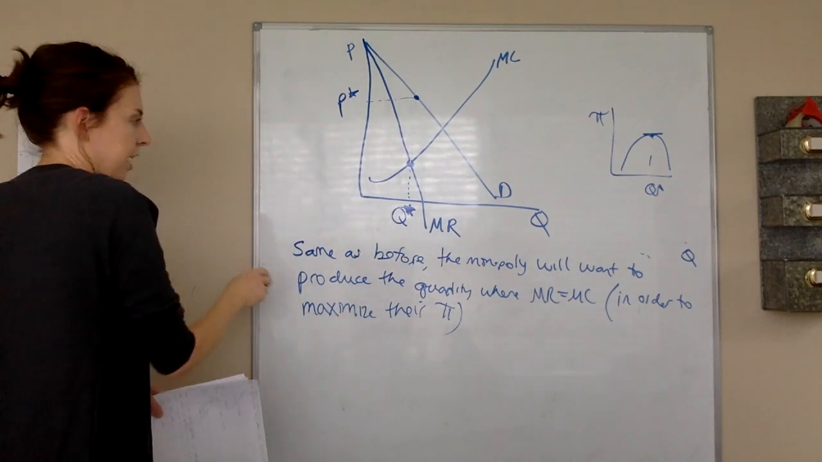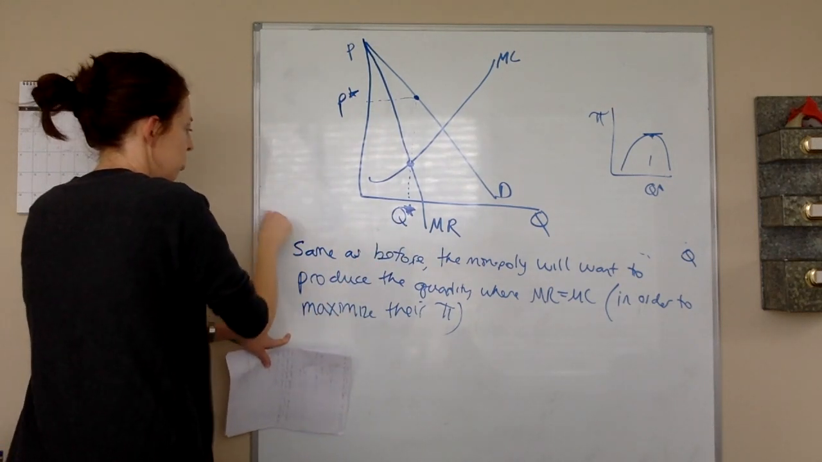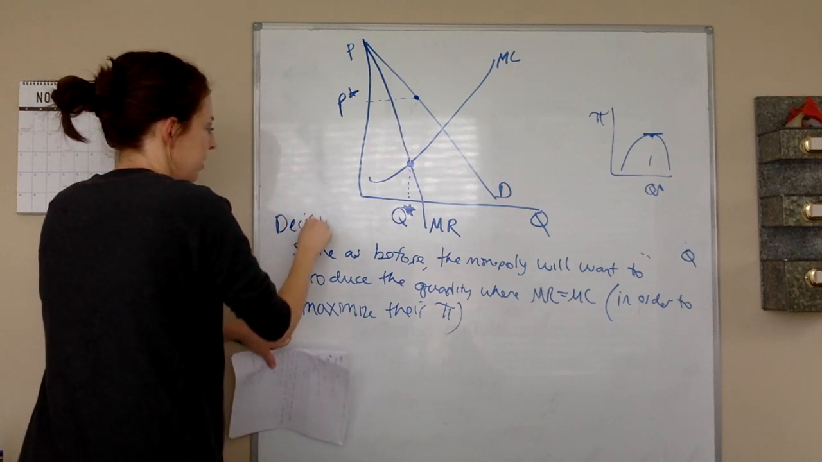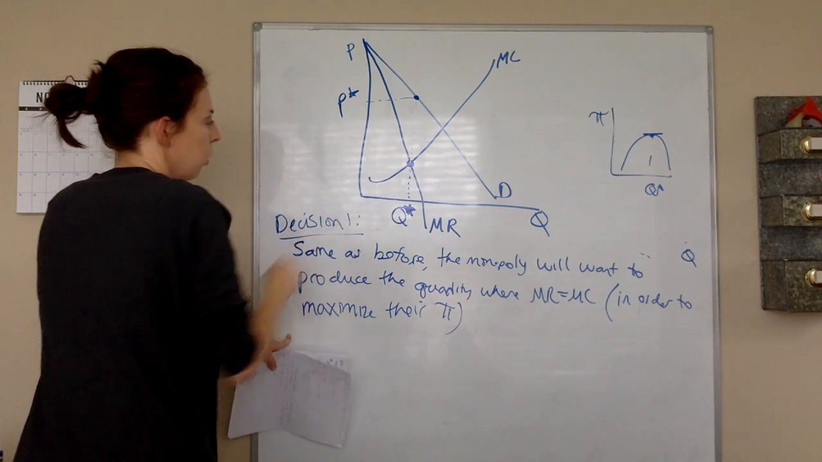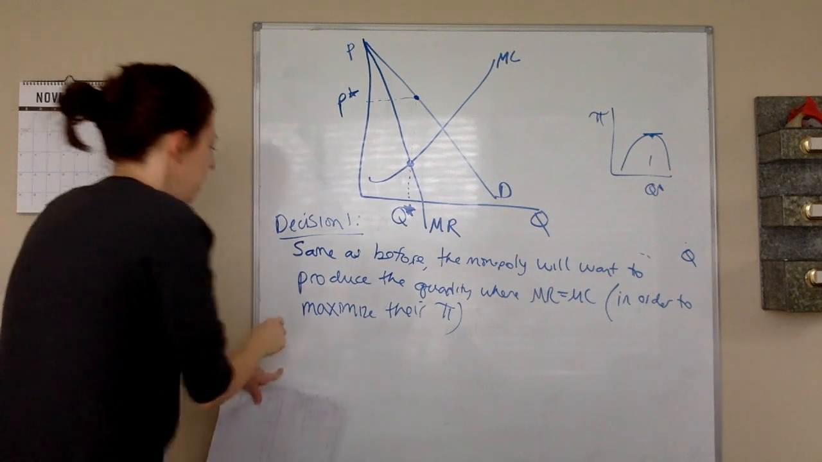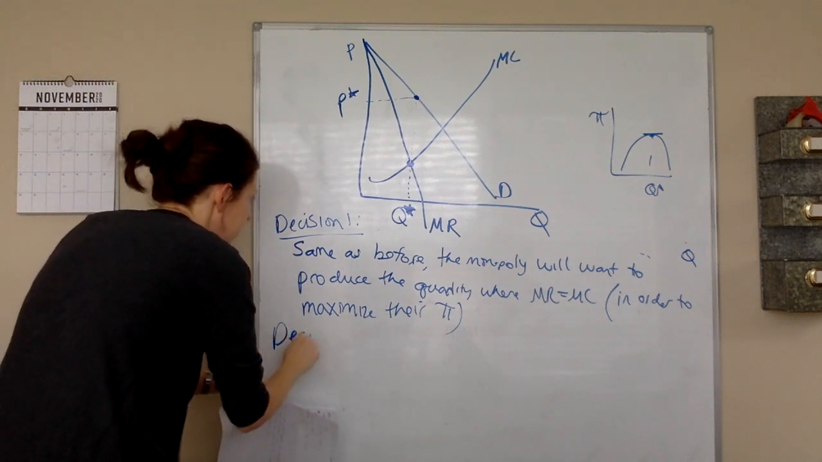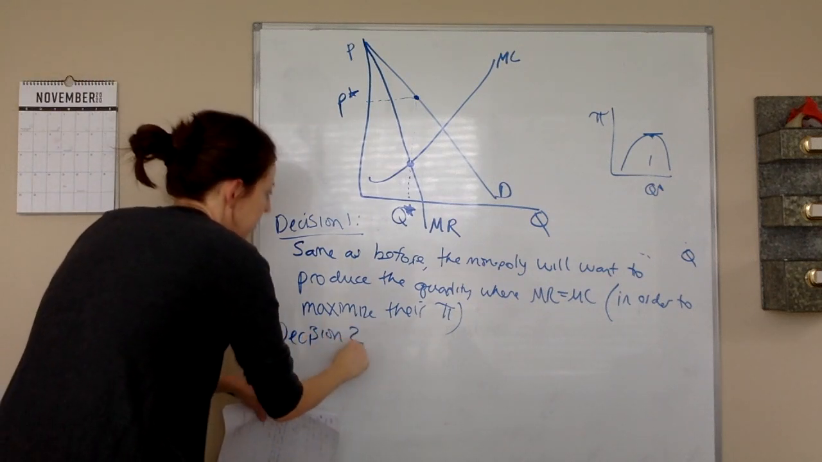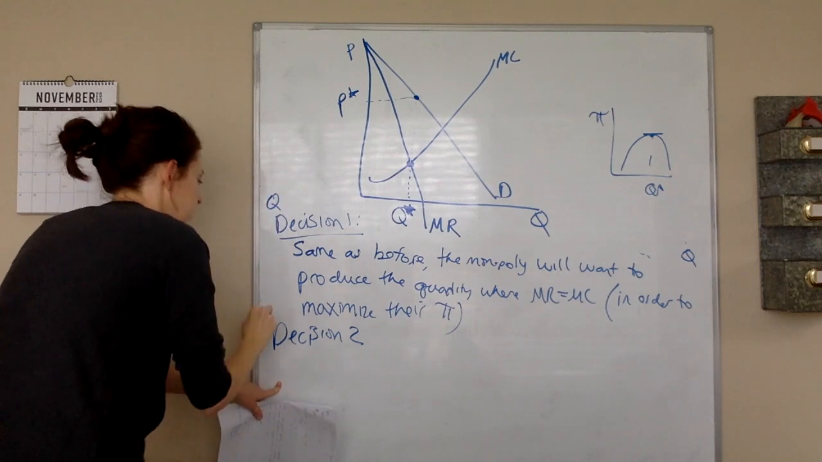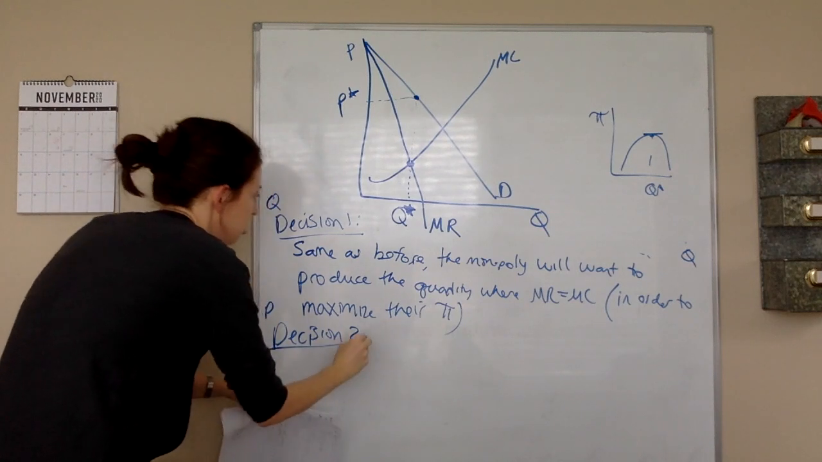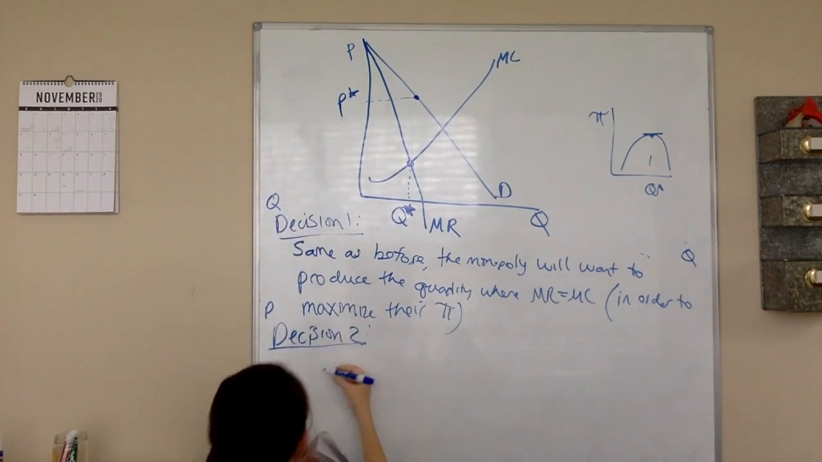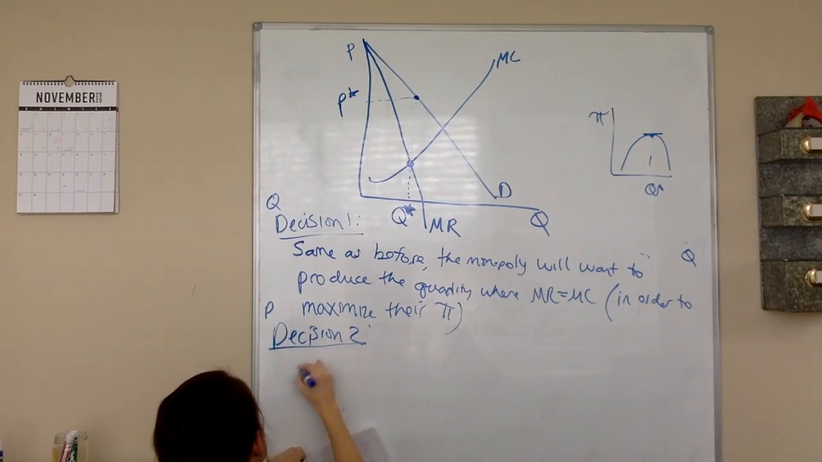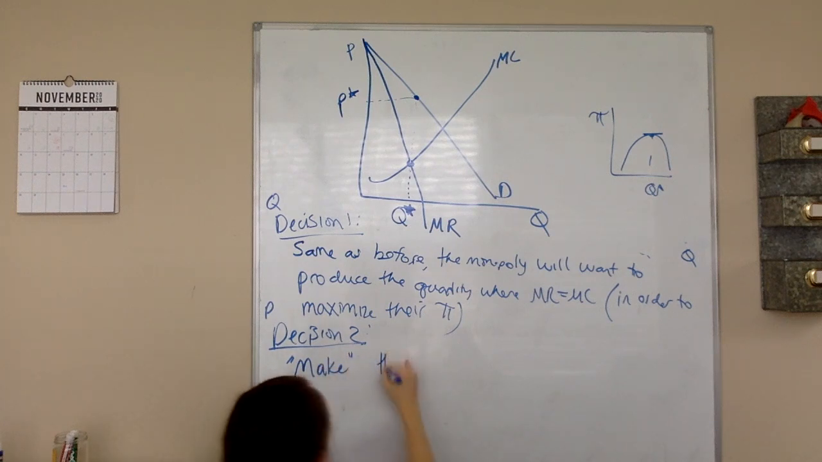Okay, so this is kind of like decision. So this is decision 1. They decide what quantity they're going to sell. And then decision 2, so this had to do with quantity, this is going to have to do with price. Decision 2 is that they are going to "make" the price, putting this in quotes because they're price makers,